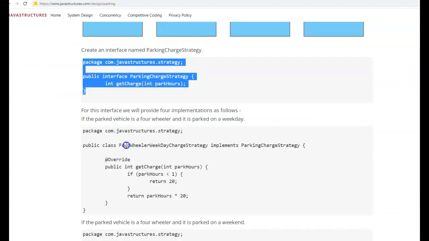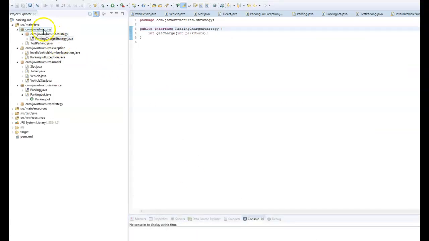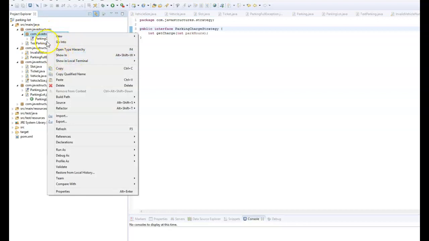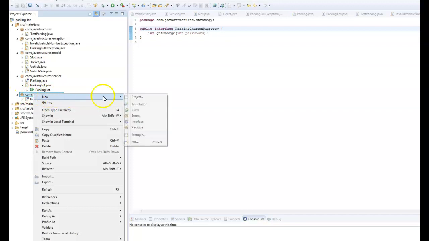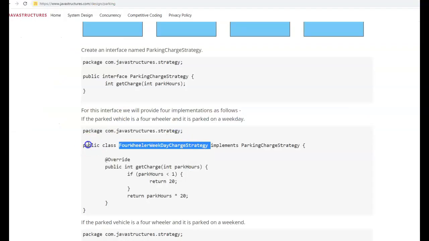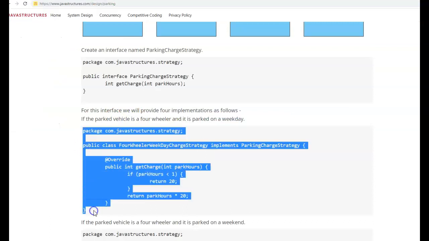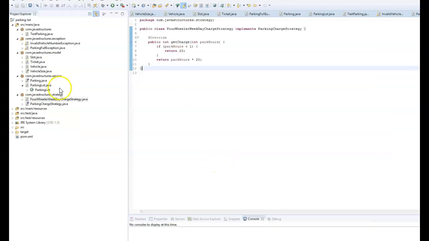Next we'll be creating the 4-wheeler weekday strategy. Create a new class. The contents of this class. Next we'll be creating the 4-wheeler weekend charge strategy.